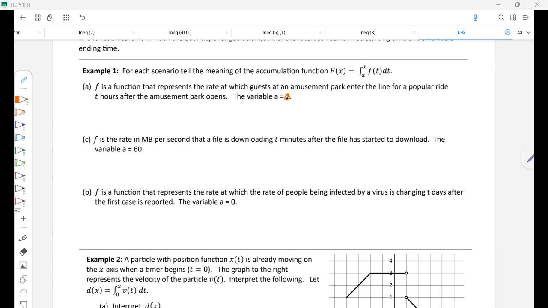So if it's the rate at which people are entering the line, it's telling us how many people actually entered the line between t equals 0 and whatever our variable x is. So we'll write that out. So this is the number of people who have entered the line